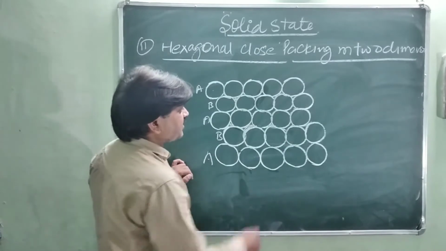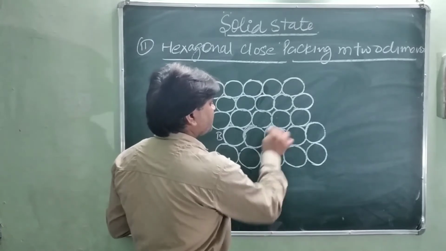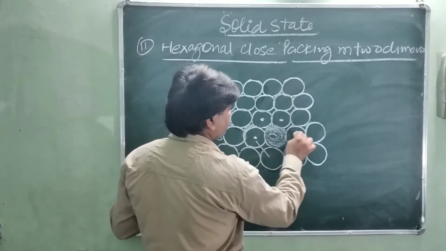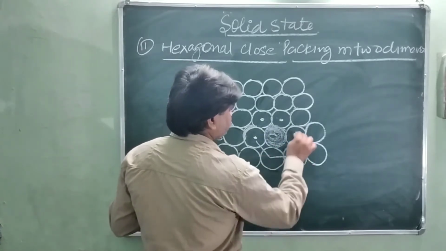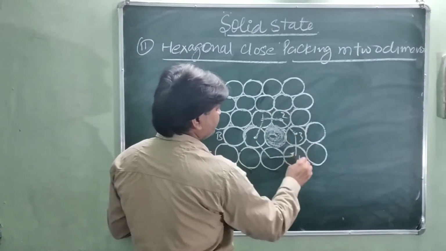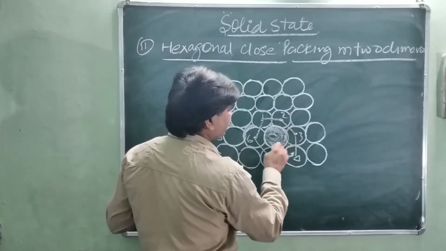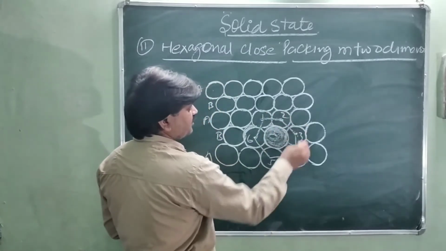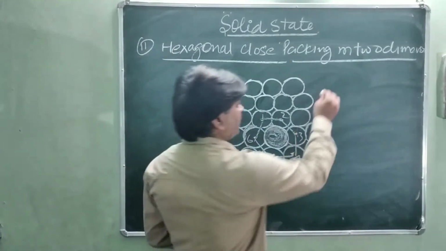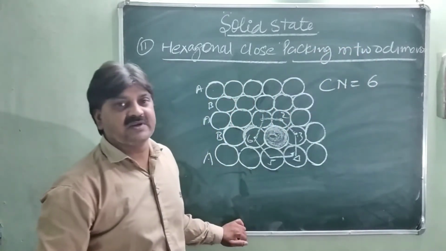And one atom is situated, you will see, just like this atom, this sphere is situated by the 6 atoms. This is hexagonal closed pack structure. You will see 1, 2, 3, 4, 5 and 6. So this one atom is situated or covered by the 6 atoms. 1, 2, 3, 4, 5, 6. So which type of coordination number is found in this case? The coordination number is 6. Due to this it is called hexagonal closed pack structure.